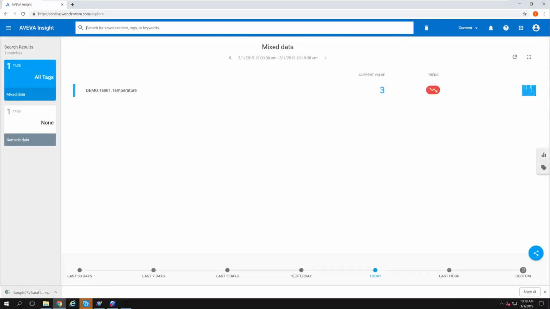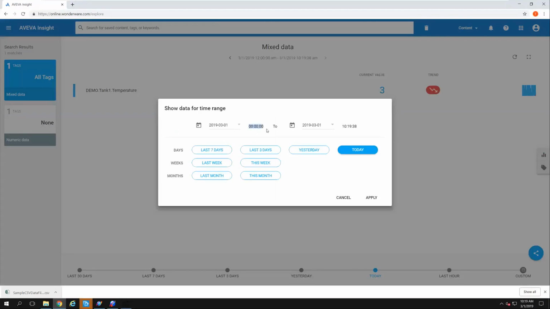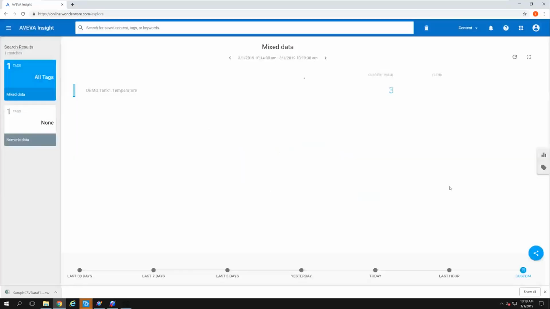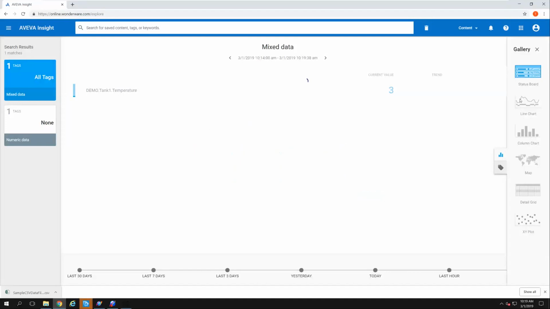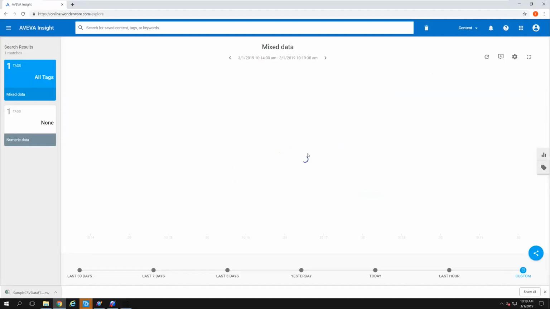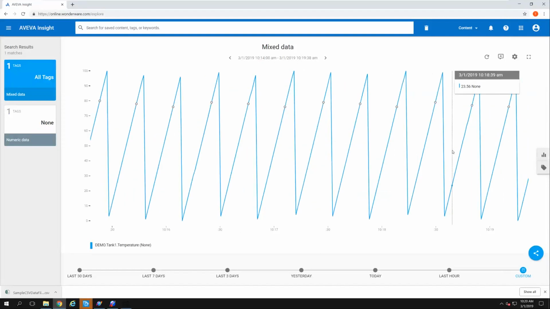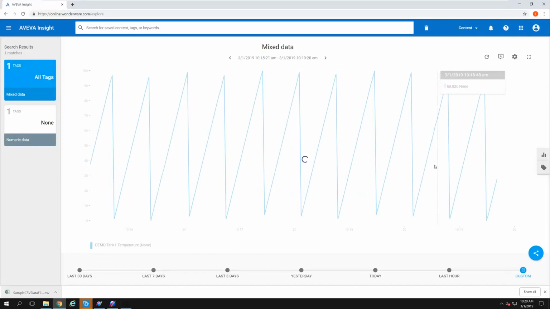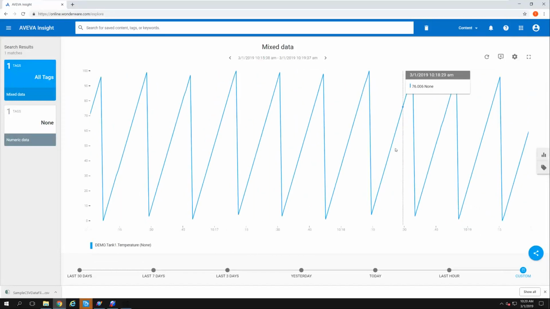And I'll load that, and I'll give it a custom value of, again, maybe 5 minutes. So 10, 14, 00, and click Apply. And I'll go into a line chart as it loads, and I scroll in a little bit to get a little bit more resolution,